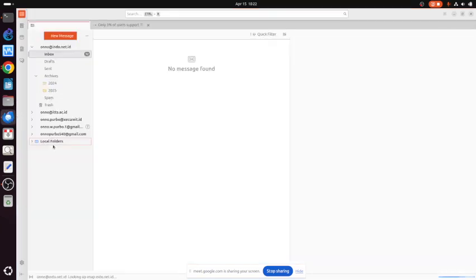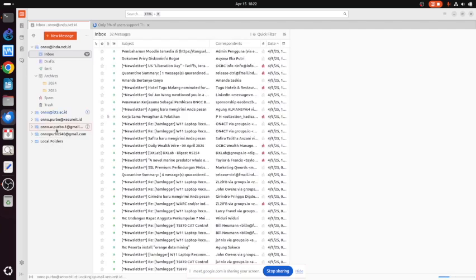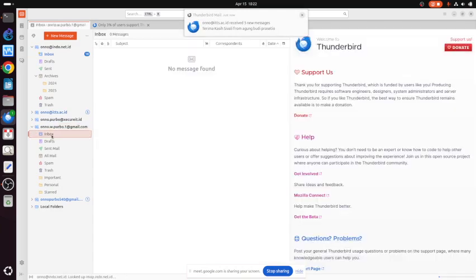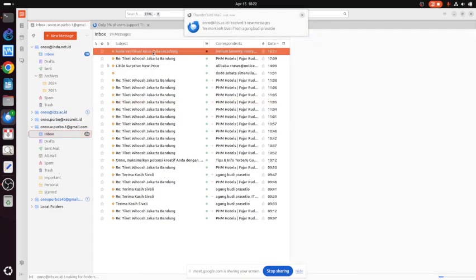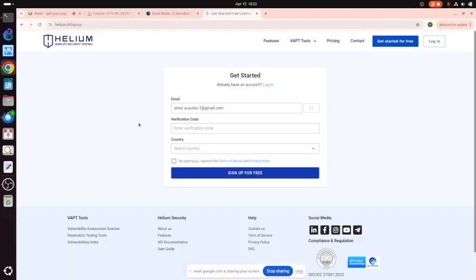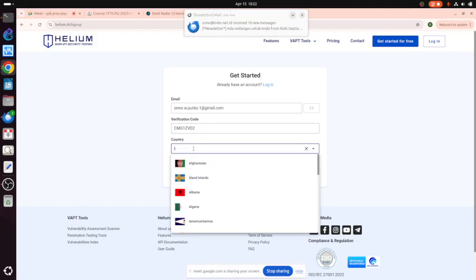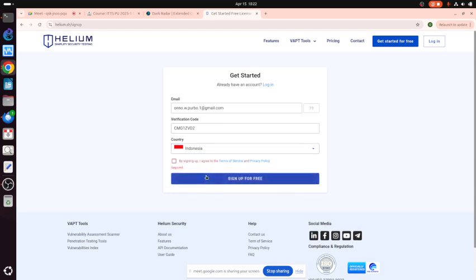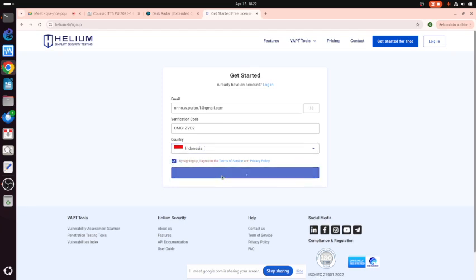Let me see if I can get the validation code. So this is the validation code. You can get it for free. Then you enter the verification code here, select your country, Indonesia, and then sign up. Oh, we have to do this thing.